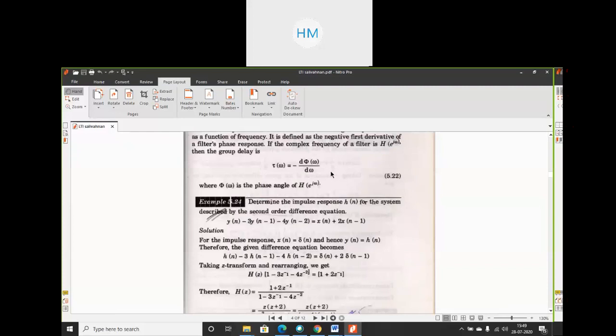Write down the question in your copy, and we will finish up this unit in the next class. Then we will start with the next unit, that is DFT, discrete Fourier transform. So if you have any doubts, you can ask in the next class. And I will give you an assignment very soon, which will help you in simplifying and getting the concepts of unit 1. So if you have any doubt, please ask.